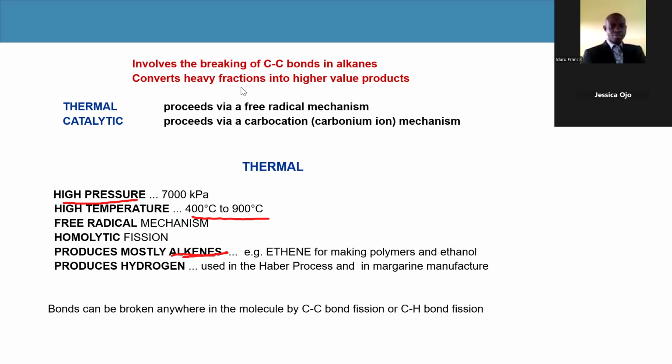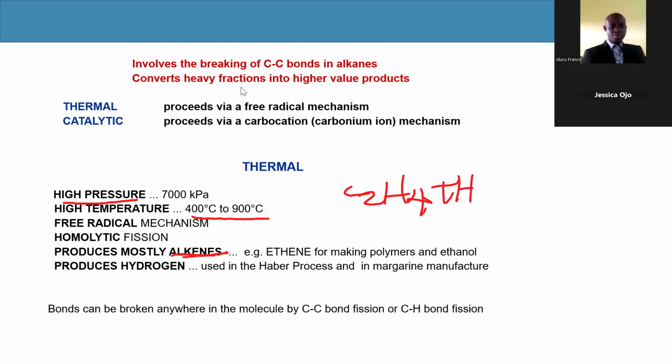Alkenes are used in making polymers, polychloroethene, polyethylene, and the rest. So they are used in making different types of polymers and also alcohol. Then, of course, you know that